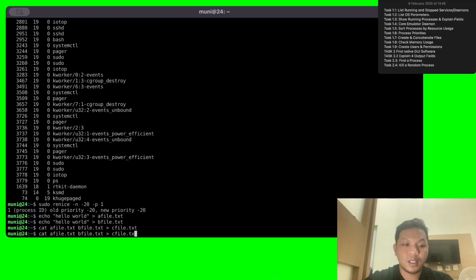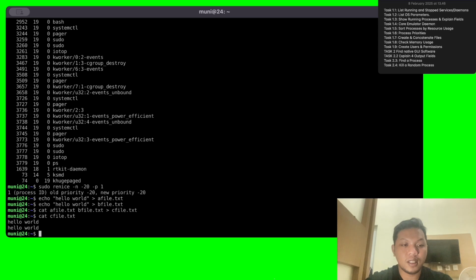Okay, we can see our file concatenated. Yeah, this is already working, and cat already concatenated the files in the c file.